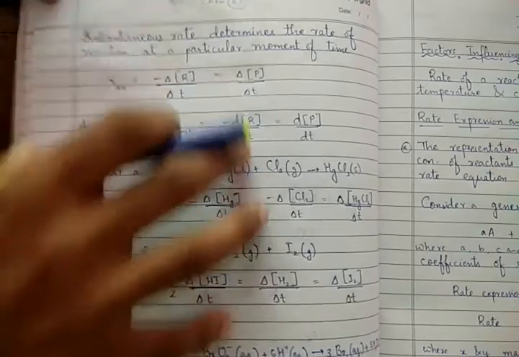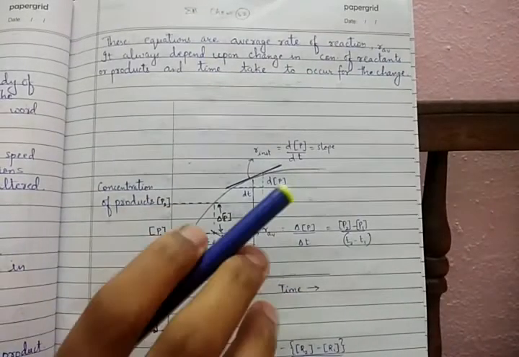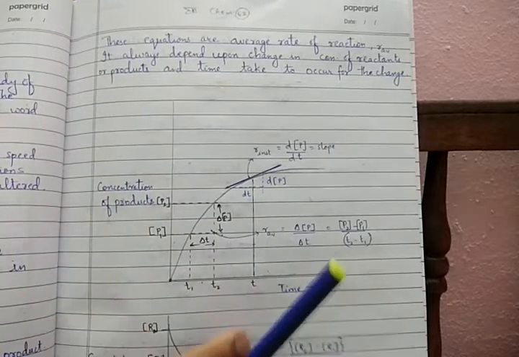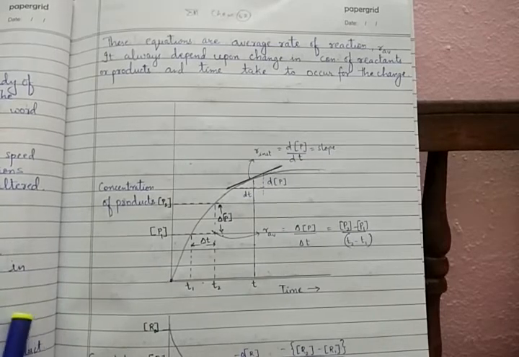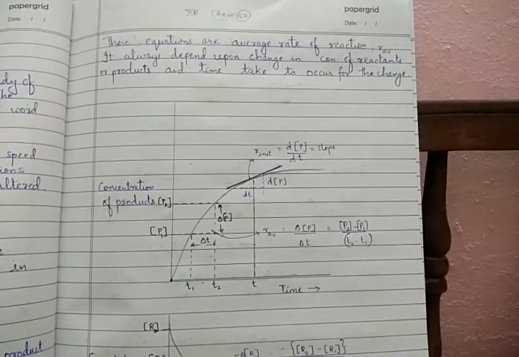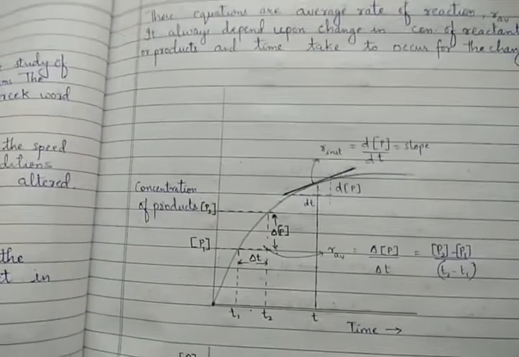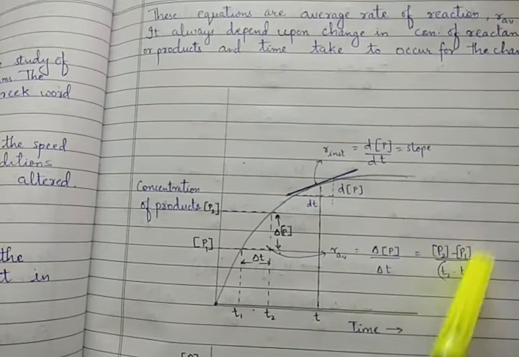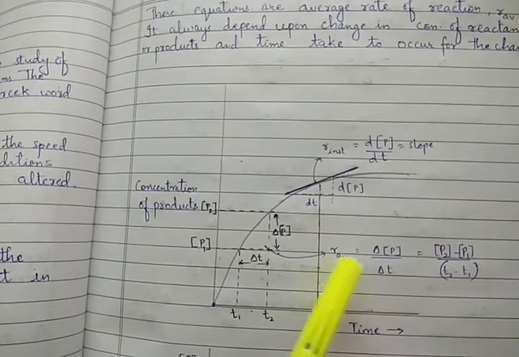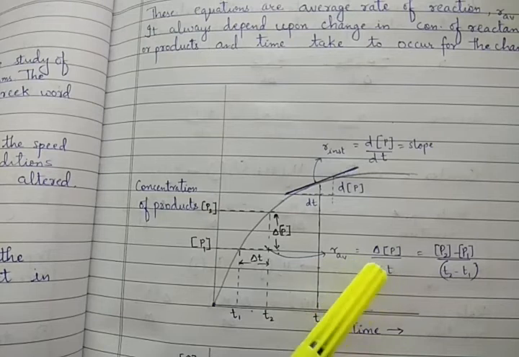Like for example, we had a graph yesterday. We had seen a graph of concentration of products to time, and also the concentration of reactants to time. Both graphs we have seen. We have taken both the instantaneous rate of reaction here as well as the average rate of reaction. The average rate of reaction we considered with the help of higher value to lower value over a particular period of time. That is how we calculate the average. We have calculated the average rate of reaction.